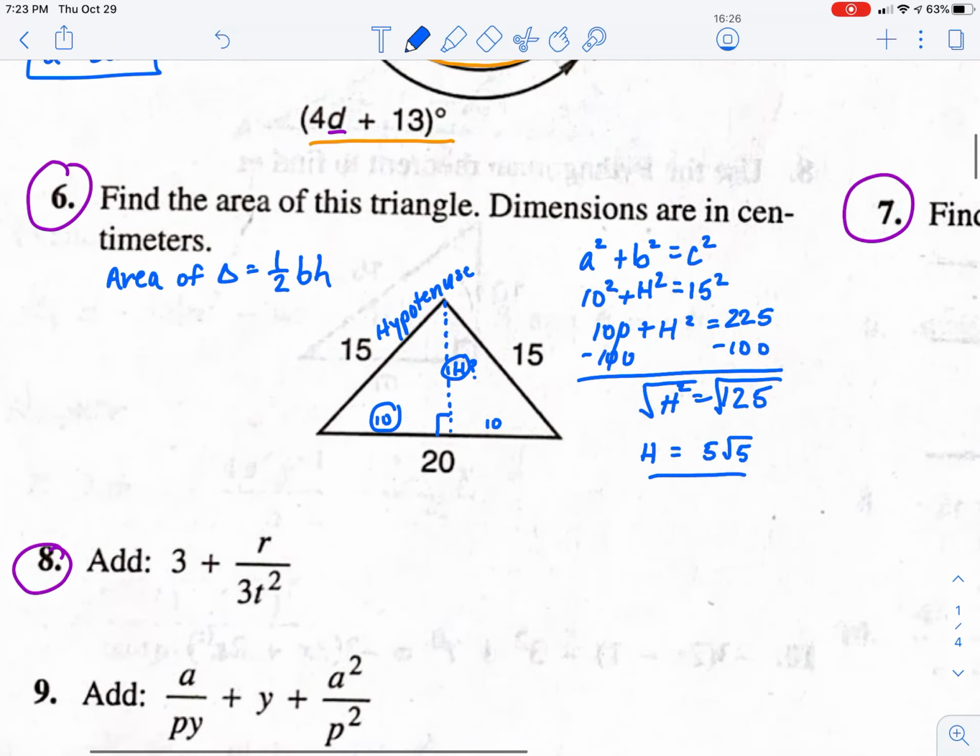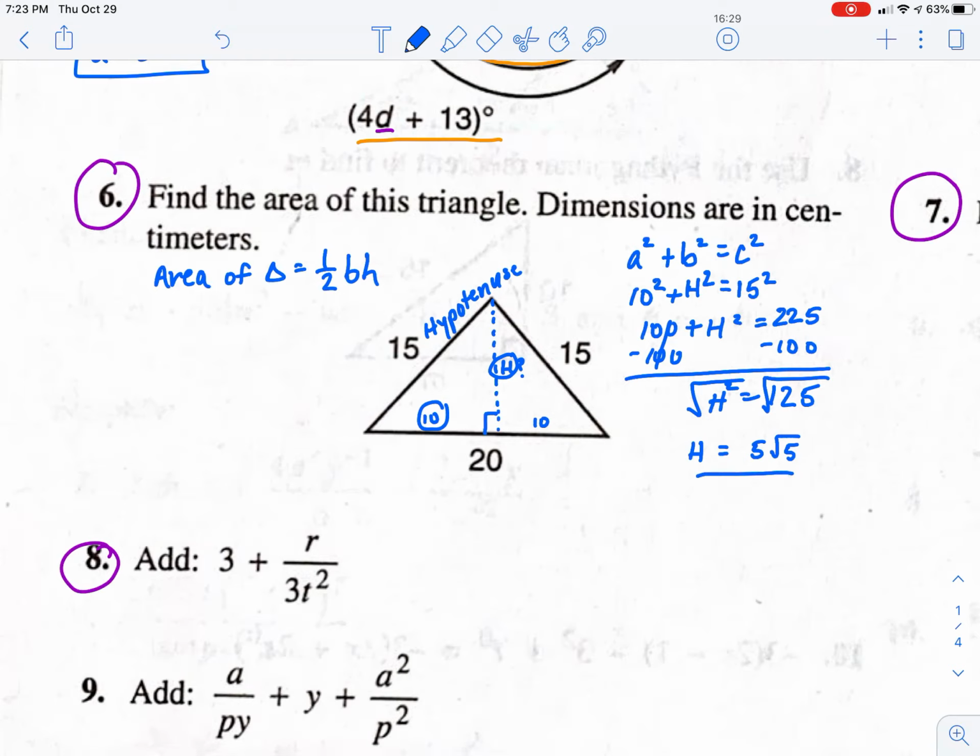So now there's my height. So I have a value for h. So the area will equal 1/2 the base times the height. The base is 10, and the height is 5 square roots of 5. All right, when you do your math here, I'm going to go ahead and do a little cross canceling just to make my multiplication easier on myself. I'm going to have 5 times 5 is 25. I'm sorry, 5 times,